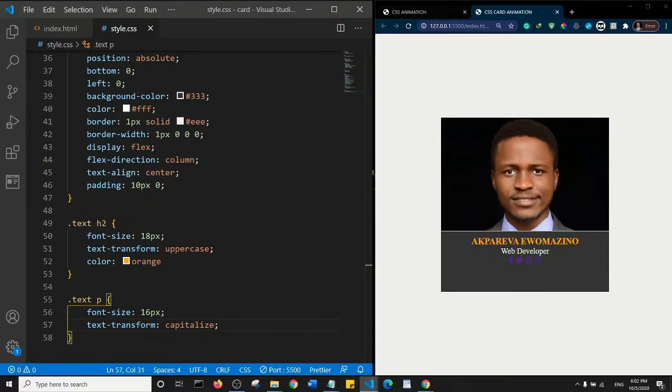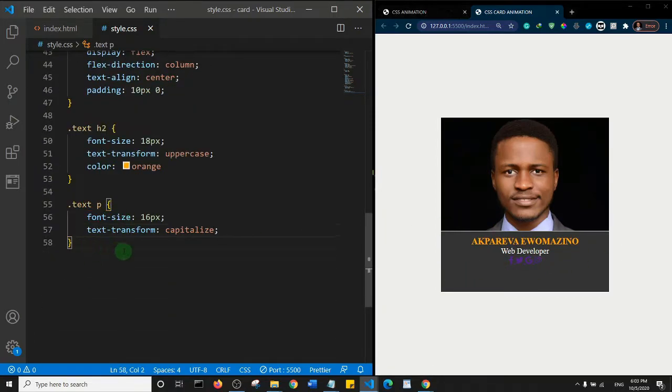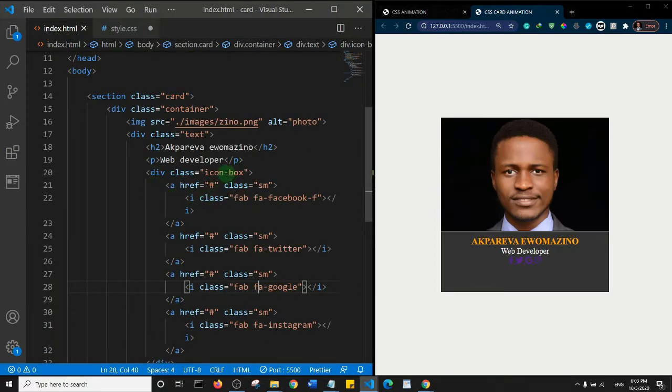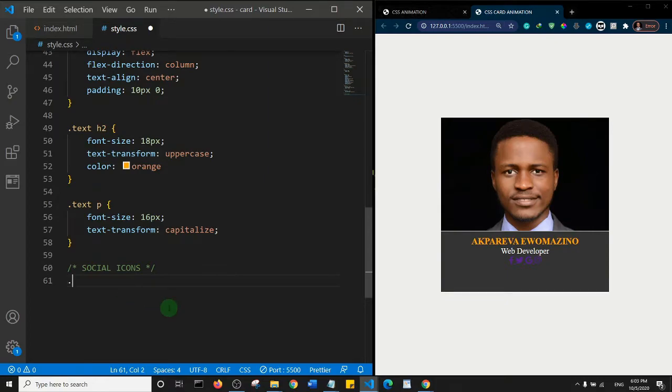All right, so let's go ahead and add some styles for our icons here. So basically what I'm going to do is, let me just add a comment here and say social icons. Okay, and the first thing I'm going to do is target the icon box. Let me show you what I'm targeting. So this icon box class, I'll target it. So I would say dot icon-box,